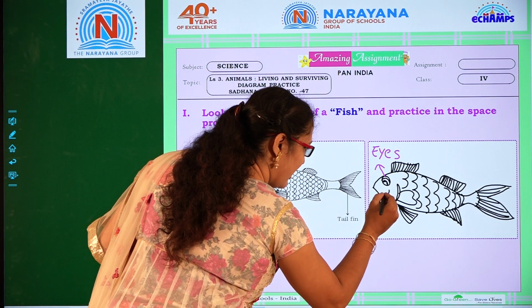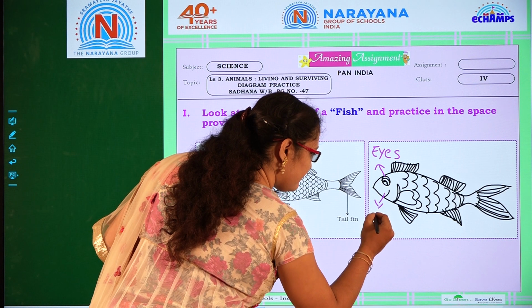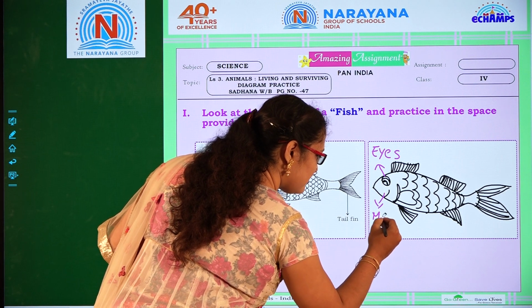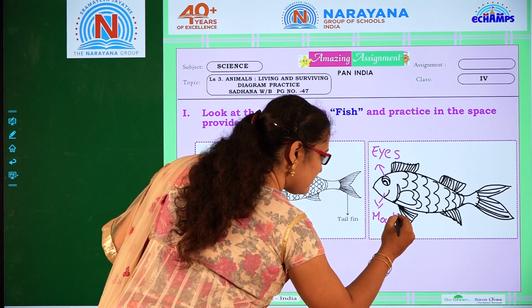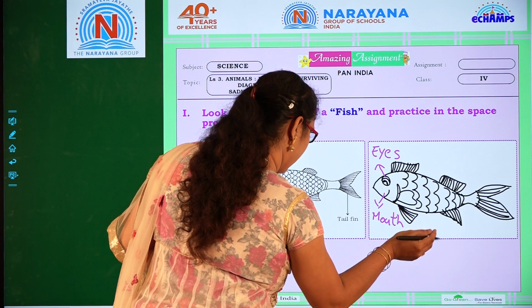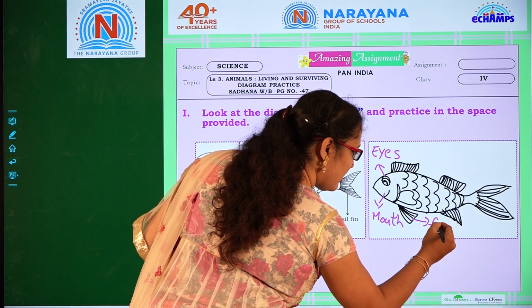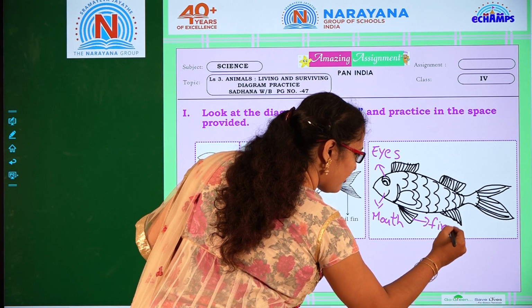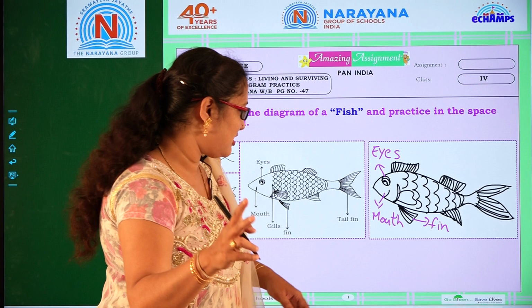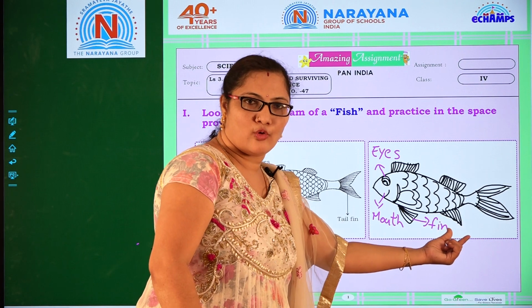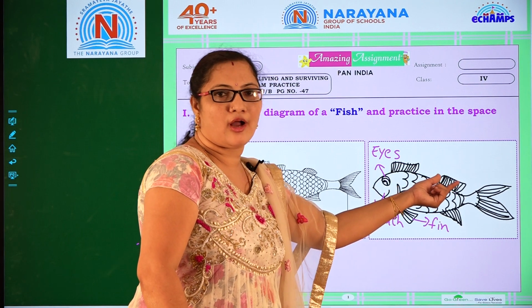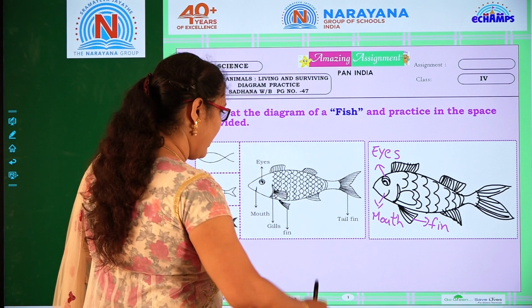And here we have the mouth. And these are called fins. Okay, we have two fins here, children. These two are called the lower fins, and these two are called the upper fins of a fish.